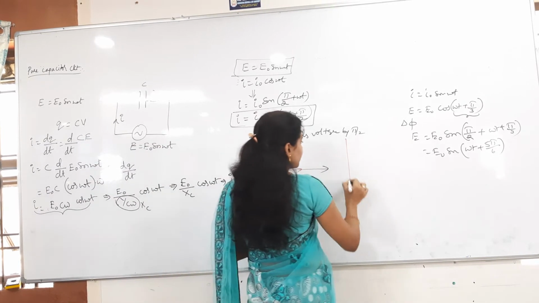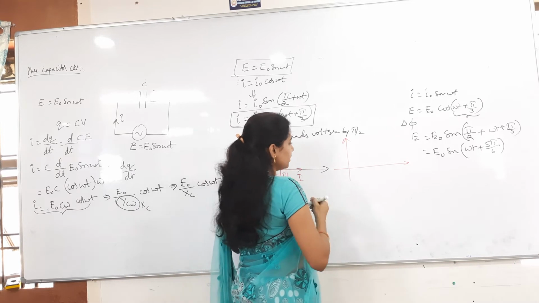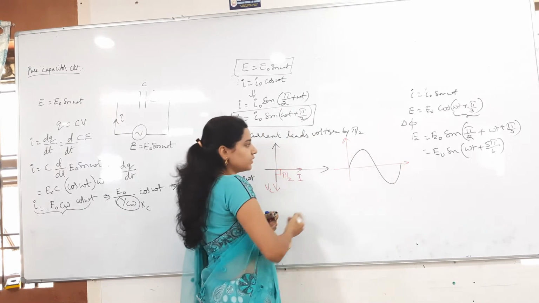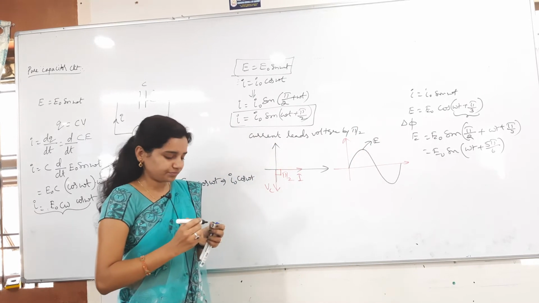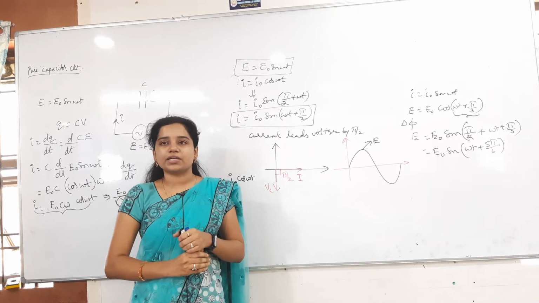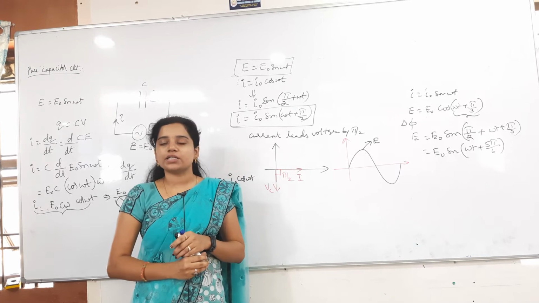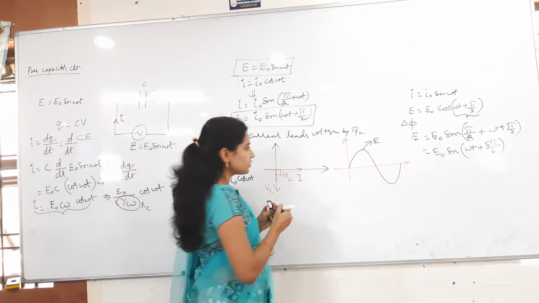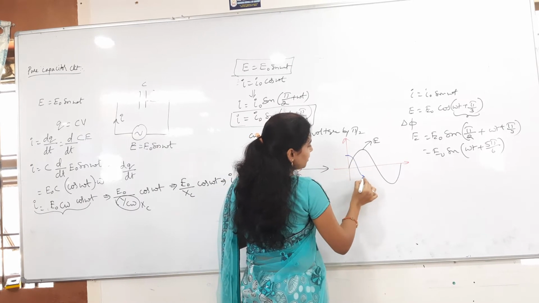Whenever you draw the sine function diagram, obviously the voltage starts from the origin. I have taken the original voltage E, and then from where does the current start? The voltage function is E naught sin omega t, so it will start from 0. The current function is cos omega t. Cos omega t starts from where? From the maximum. So it will start from the maximum, like I'll take this one, and then it comes like this.